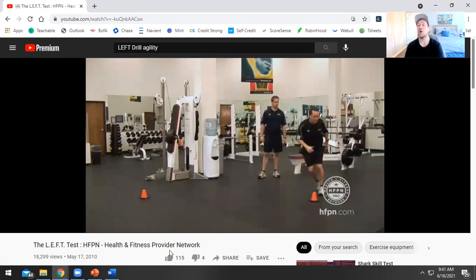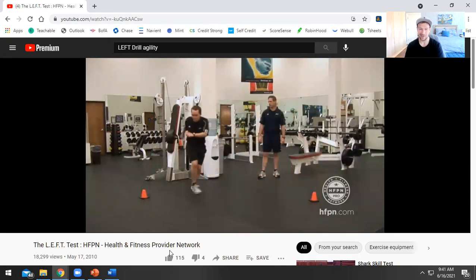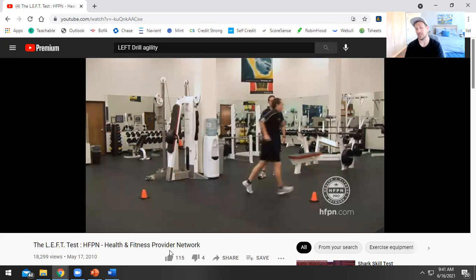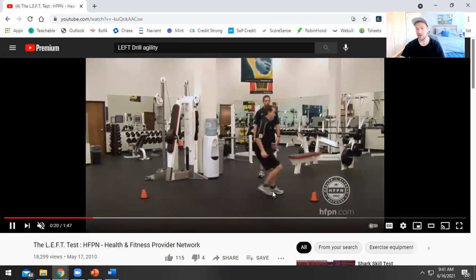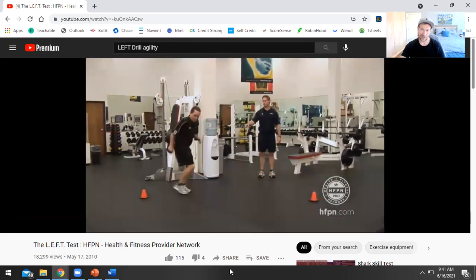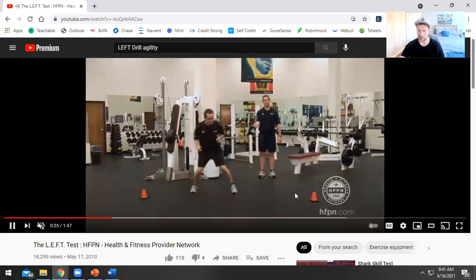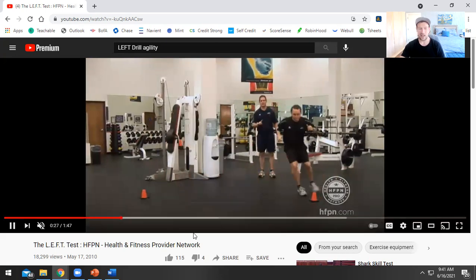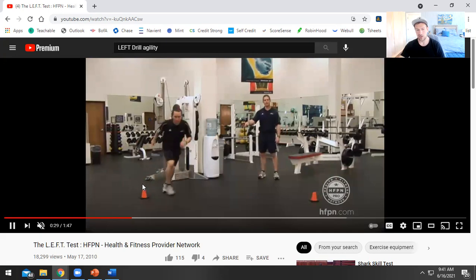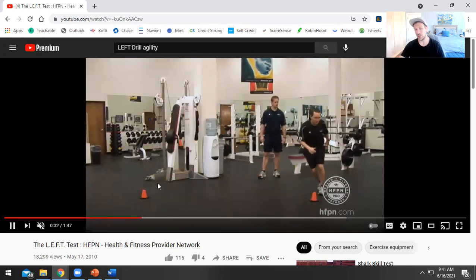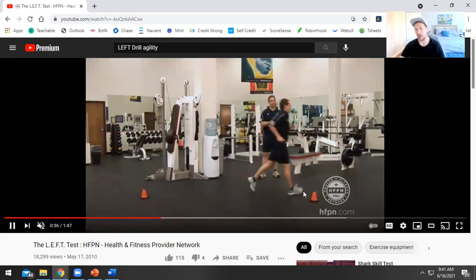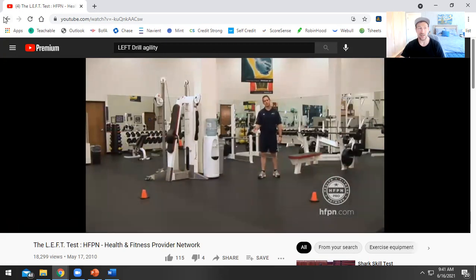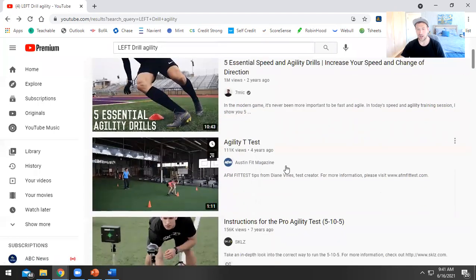Karaoke. Pay no attention at all to this guy's form. None. And then finally, you do a sprint at the end. Look at how upright he is during his run. Obviously he's probably doing it because it's such a short distance, but this is what the L test is. So sprint, back pedal, side shuffle, and then karaoke, and at the end, he does a big sprint. That's the L drill. That's a really good one.